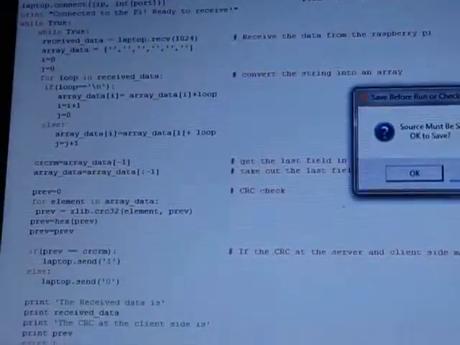Okay, now here on the client side, suppose I make changes in such a manner that it will transmit 0, that means the data which was sent was incorrect. Then, for example, again I will start the Python script.